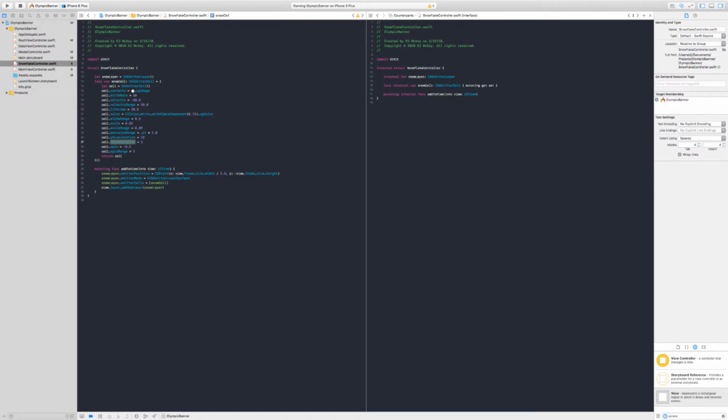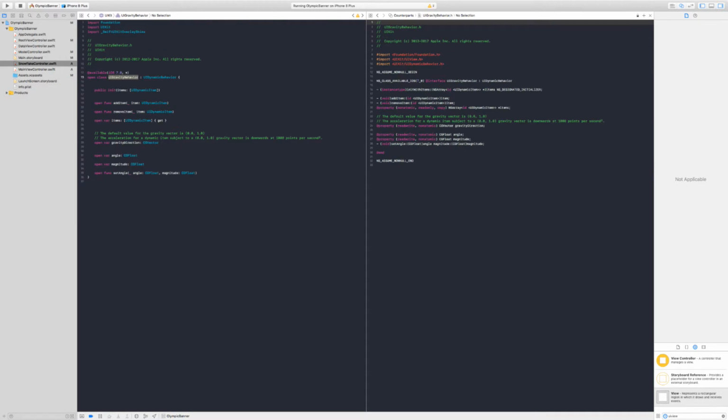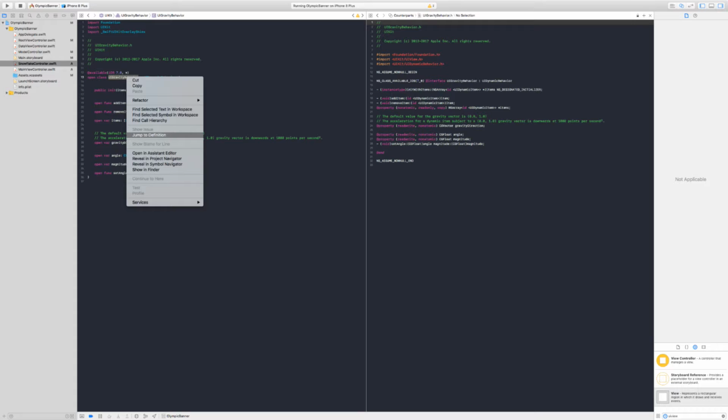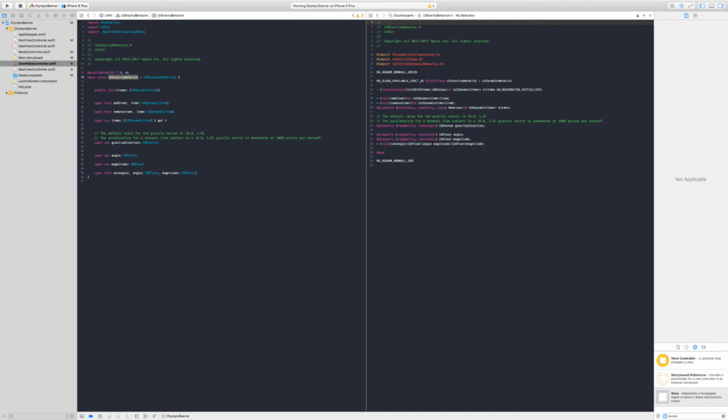So if I just go back over to Xcode and say, I'm not going to do it here. But it's part of the dynamic behavior. We can add items to it, and we can give it different angles and magnitudes. So maybe we can work on that in another session. But for now, we've got